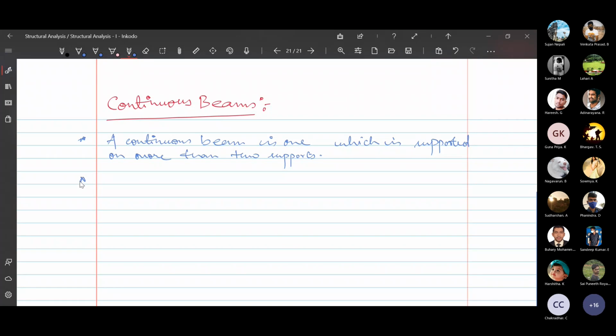So next point, what you can write: these are statically indeterminate, and can be analyzed by